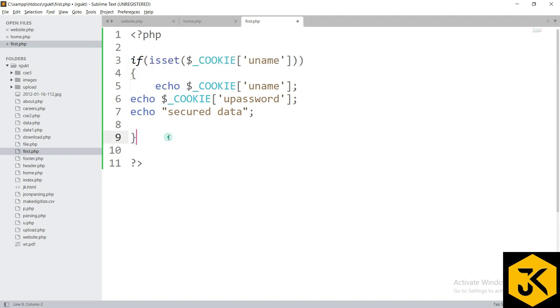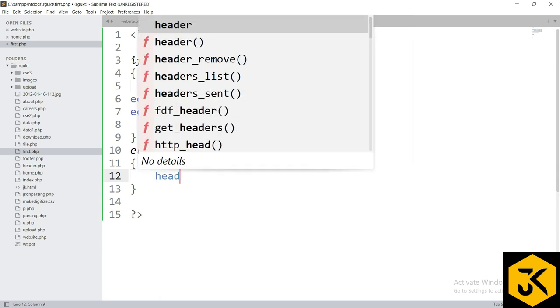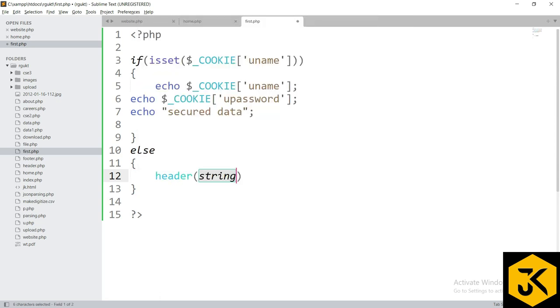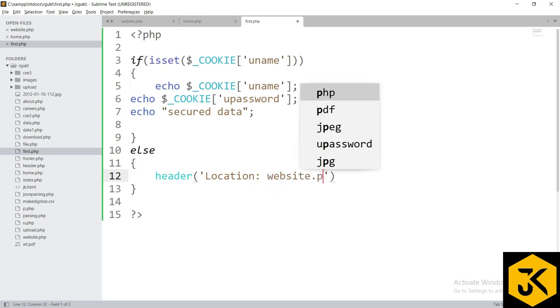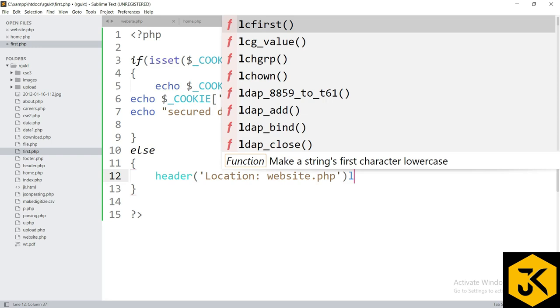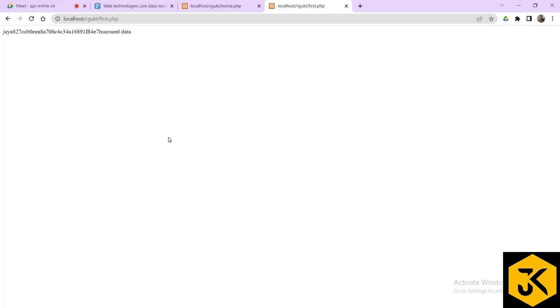I hope you understood. Otherwise, if the data is not available in the browser, then I can say that he is indirectly accessing our web pages. So we can say echo invalid access. But instead of showing that invalid access, I can simply redirect it to the main page, that is header location colon website dot php. Now if I refresh it, you are going to get